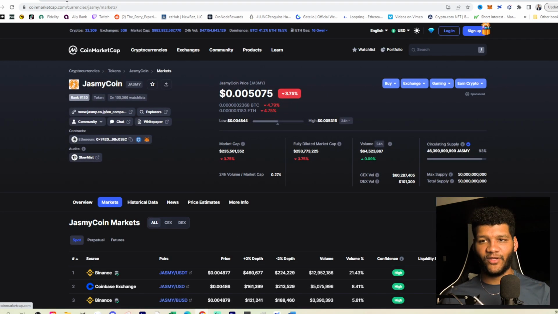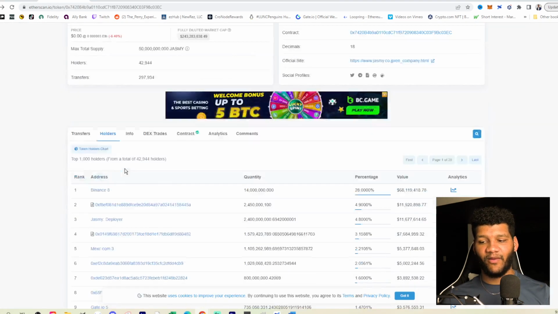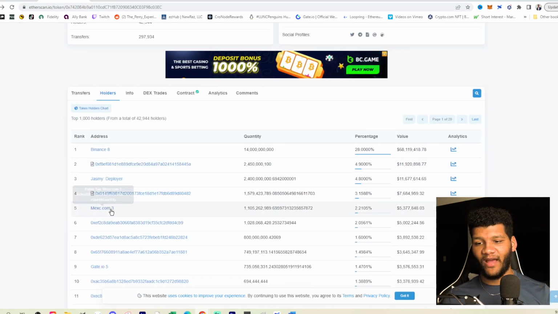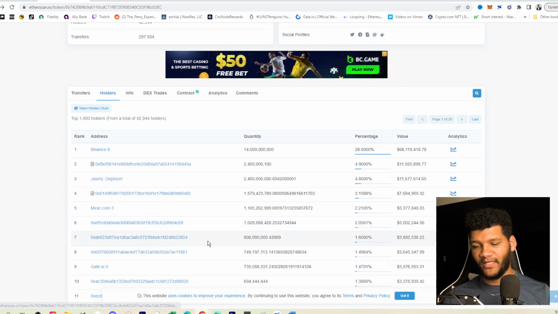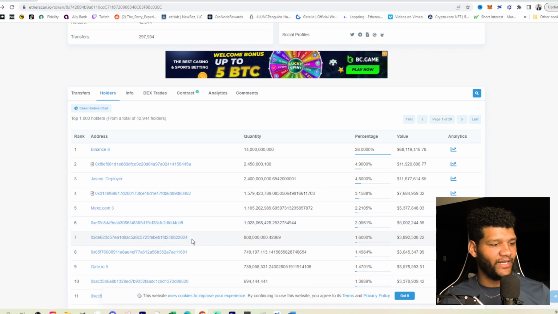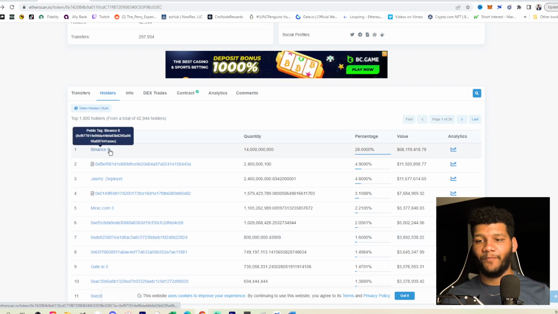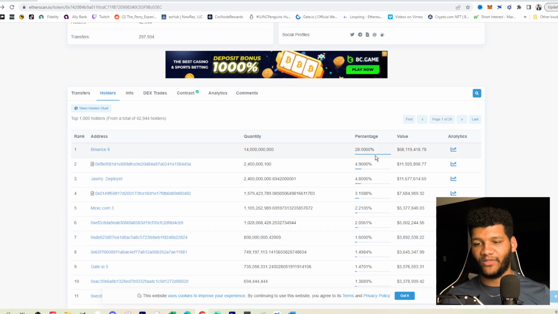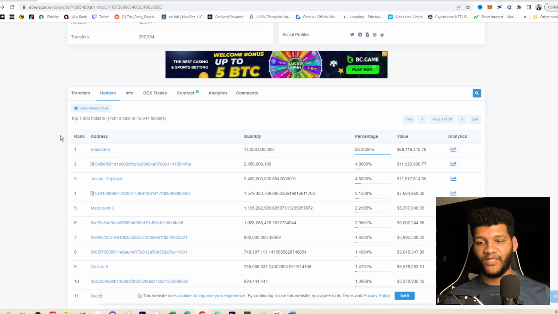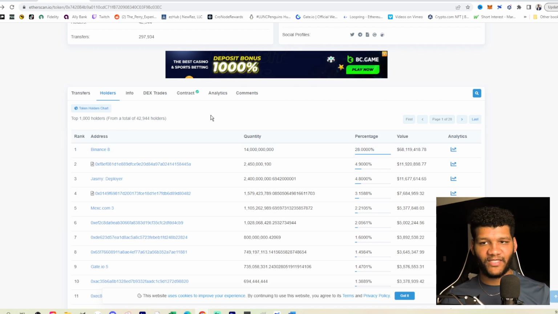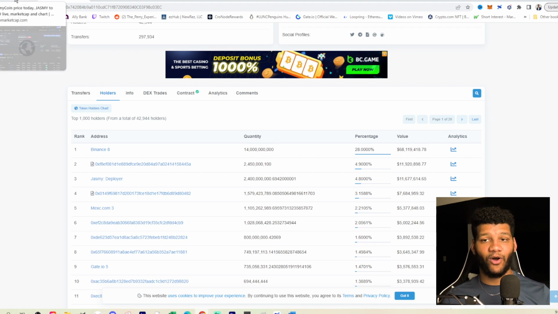So it's not a horrible situation. Then you go into the amount of holders, and you're going to see that you have basically one larger wallet where you have 2%, and it's not going to do anything to massively affect the price. Then you have Binance, which is holding 28%. That's understandable. They always like to control the most out of it. But still, you have no red flags here, no red flags at all, to where people can call it a